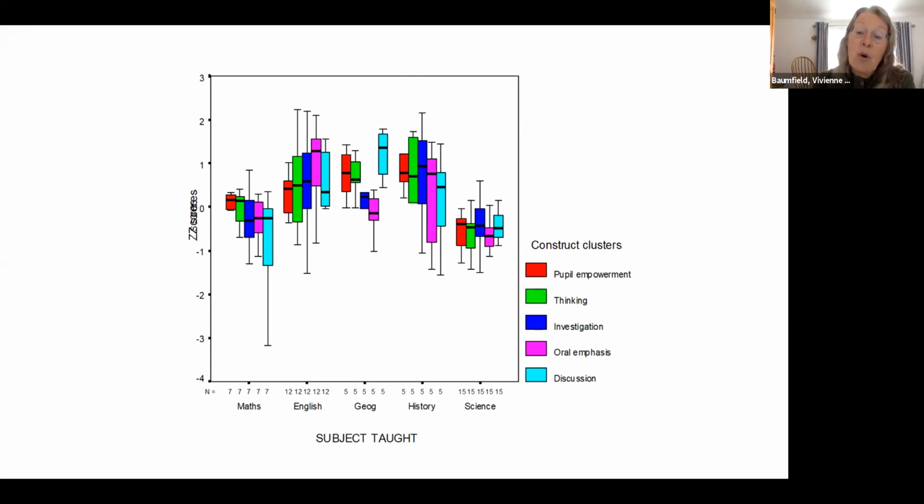So what we did was we then shared those with teachers in each department. And it became a focus. So in departmental meetings, the staff all knew what their individual ones had been, but they didn't have to share those, but they knew what the overall profile was. And this was used to actually discuss and to think about it. And they got this so they could see what other departments thought as well.